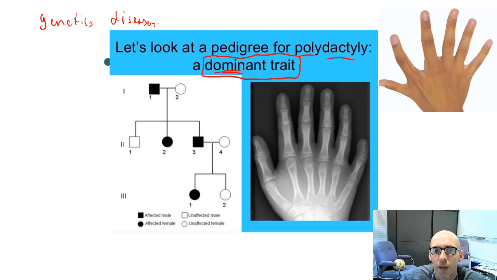And what it means is, poly means many, and dactyl, well, pentadactyl is the limb with five digits. So you've got too many digits. And actually what it means is 1, 2, 3, 4, 5, 6. This person is polydactyl. They have 6 fingers.